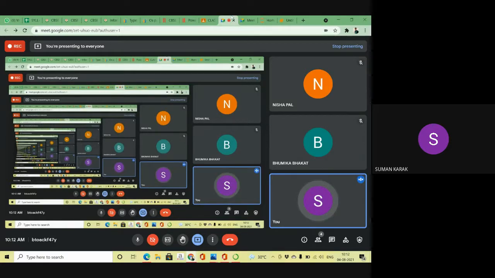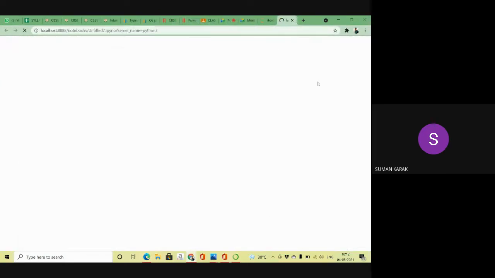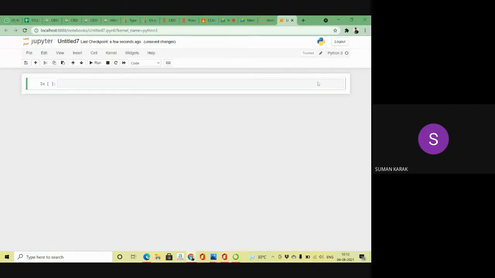If I have any string value, can I perform any mathematical operation in my program? Please tell me yes or no. I'm already telling you, if you have any string value, you cannot.